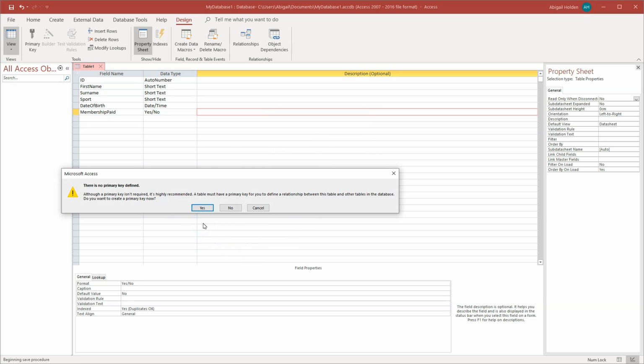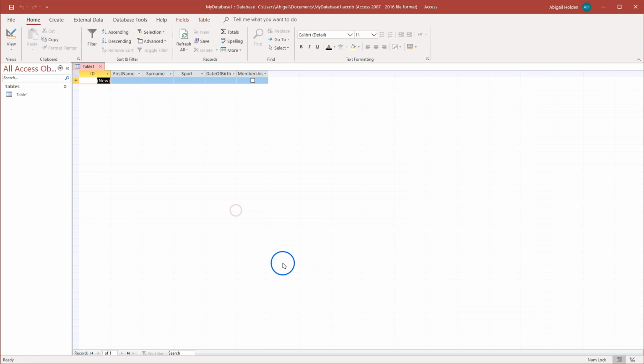Now you'll see it says there's no primary key defined. Primary key is not compulsory, but if you're doing relationships, which again we'll look at in a future video, then it needs a primary key. So I'm going to say no for now, and we'll have a look at our table, and as you can see it's empty, but we can simply start typing in